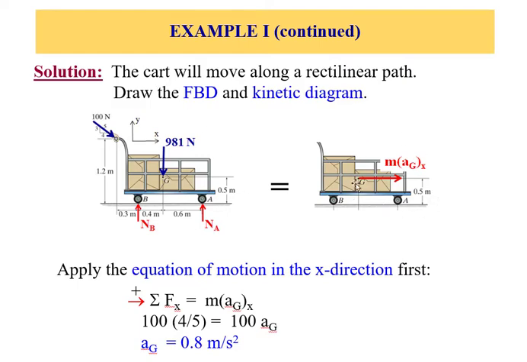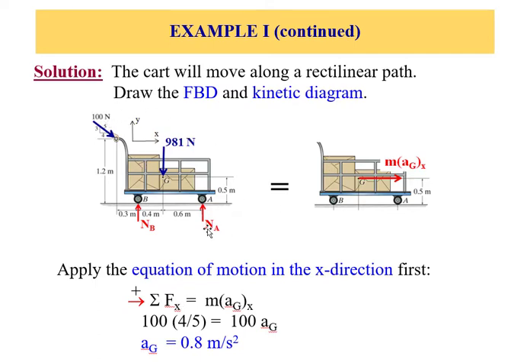The kinetic diagram is when you show the direction of motion and the equivalent inertia. So the equivalent inertia here, we choose to have that the mass is moving linearly, since it's not flying off the ground, so we don't have any acceleration in the y direction. Therefore, the only component we are interested in is summation of forces in the x direction, which is equal to mass multiplied by AGx. So upon applying that and assuming x direction to be positive to the right, we sum